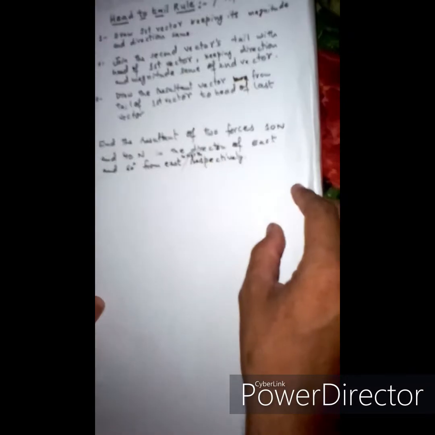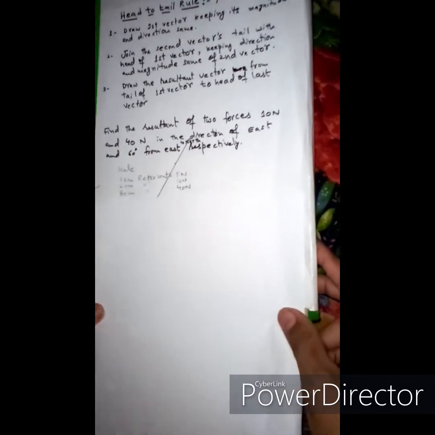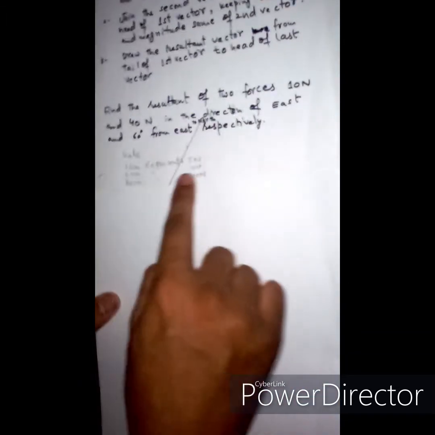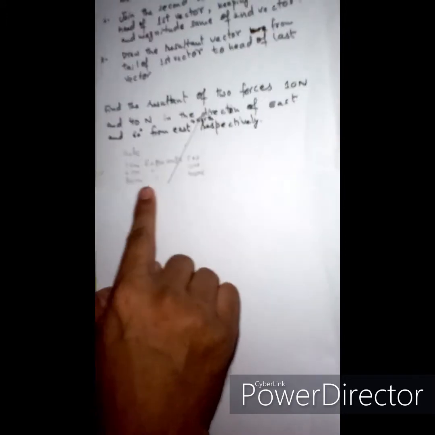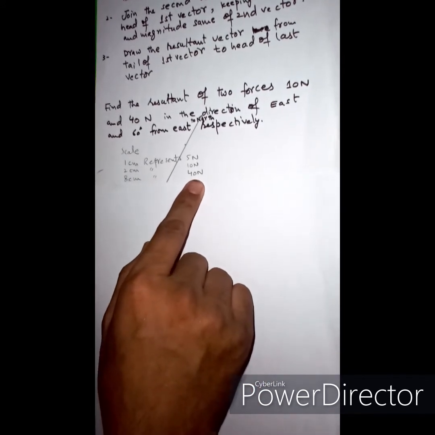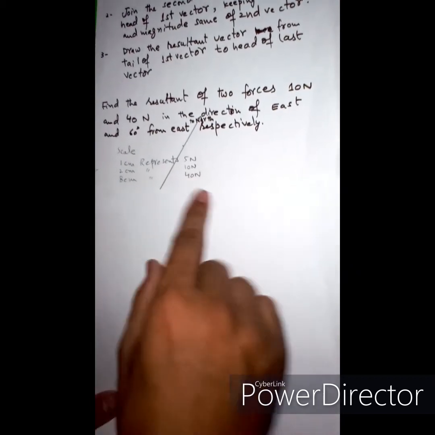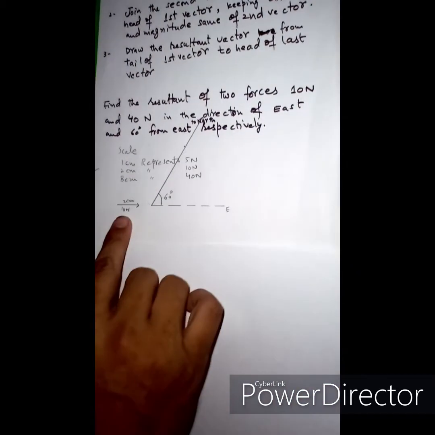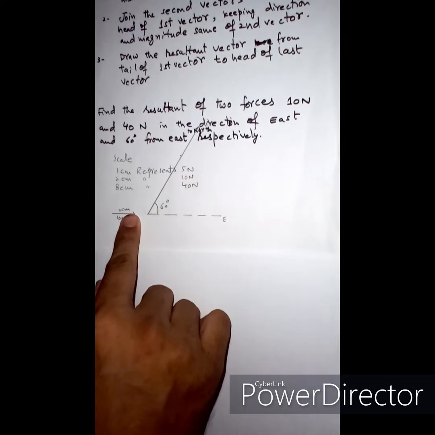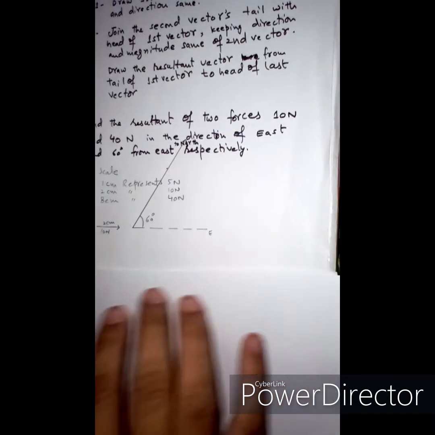So what we are going to do is represent the two vectors first, and before that we must have a suitable scale. Just like 1 centimeter represents 5 Newton, 2 centimeters represent 10 Newton, and 8 centimeters represent 40 Newton. Again and again I repeat that the scale is not necessarily the same all the time; you may choose different scales. After that, first we represent the 10 Newton vector, 2 centimeters, in the direction east. East we have already studied, this direction is called east. So this one is east.